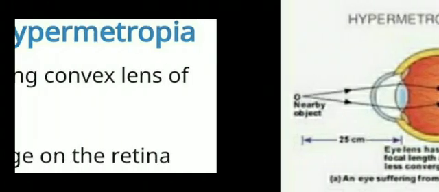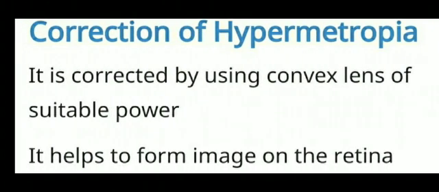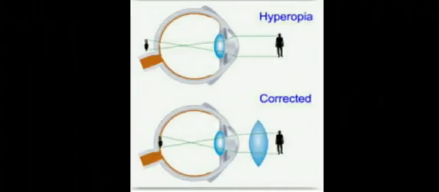So how can hypermetropia be corrected? For correction of this eye defect, we need a lens which can converge the light rays coming from the object before our eyes. So it is a converging lens, that is convex lens. A convex lens is used to correct hypermetropia, which converges the light rays coming from the object before the eye, then it is further converged by the eye lens so that image is shifted to retina. In this way, hypermetropia can be corrected.